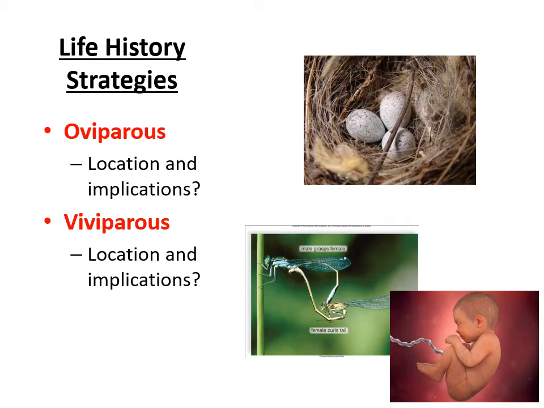Okay, so note the difference between oviparous and viviparous, so the egg developing outside of an organism versus inside, and the implications that has. So oviparous organisms need a hard protective shell and an extra membrane to prevent drying out, whereas viviparous organisms need a placenta. They have to be able to internally exchange materials.